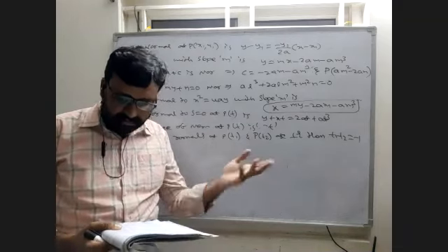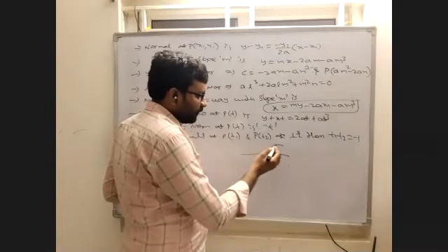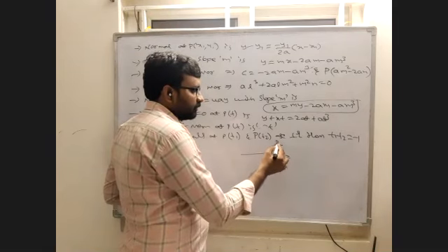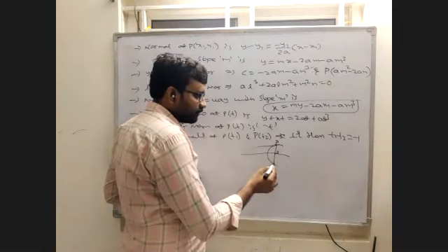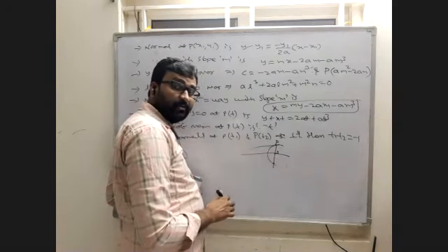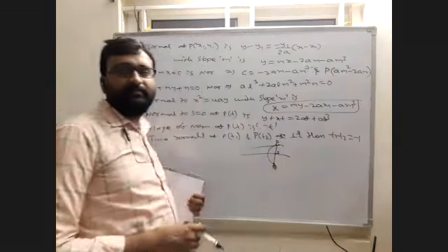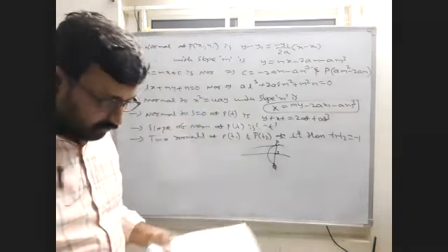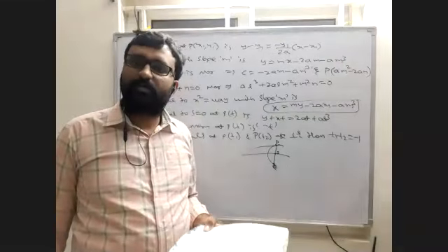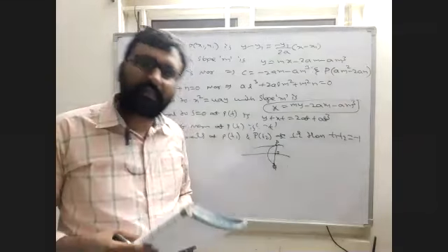Next, the tangent at one end of the focal chord of a parabola is parallel to the normal at the other end. Simply saying, this is a parabola, this is the focal chord, this is the tangent. The tangent at one end of the focal chord is parallel to the normal at the other end of the focal chord. So you should remember this point. By using this point we can solve. There is no formula, but by using this we can find. So instead of finding the normal, we can find the tangent.